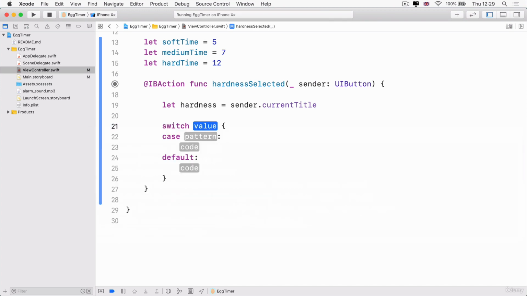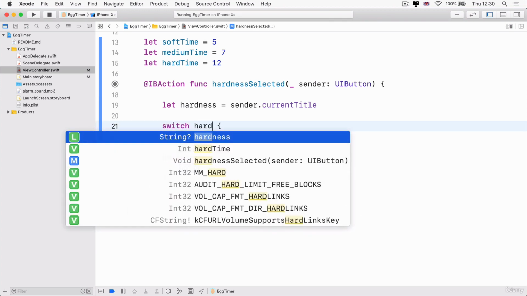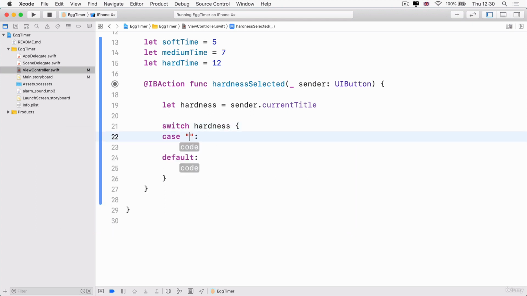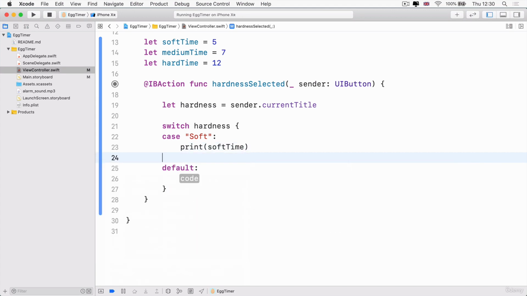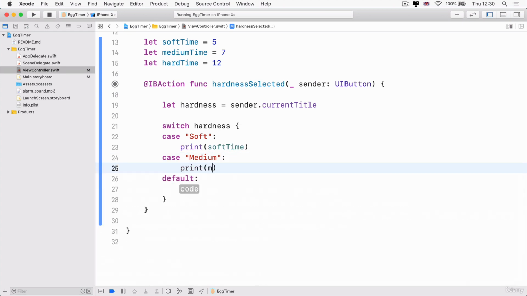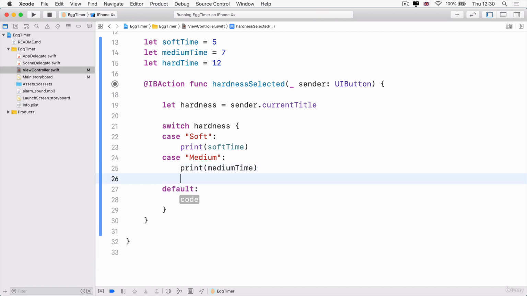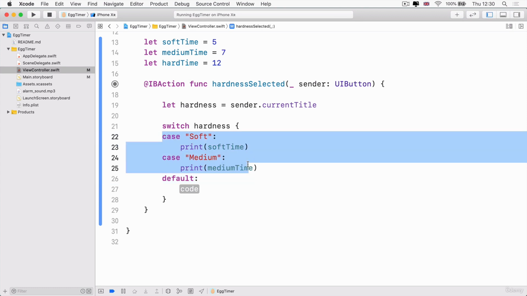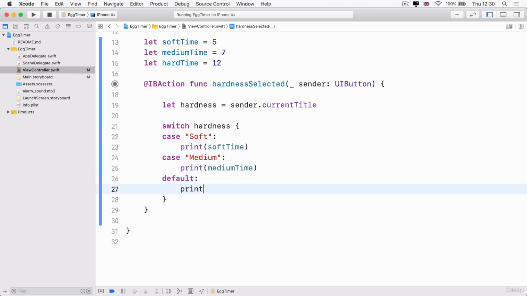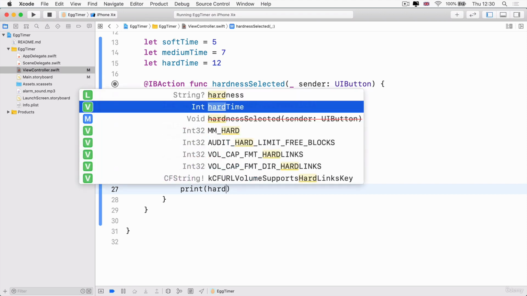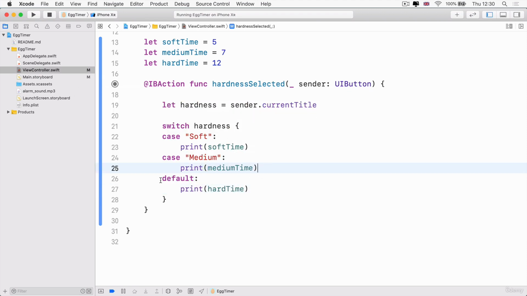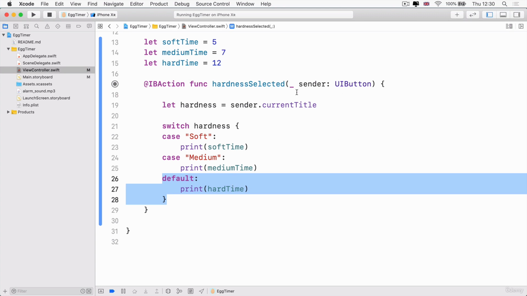So we could have switched on our hardness value, so this string, and if the case was that it was equal to soft, well, in that case we should print the soft time, and if the case was equal to medium, then we could print the medium time. And either through the use of the default, which of course we can only have 3 options, we could print our hard time. Alternatively, we could add another case and make the default catch exceptions, where for some reason or other